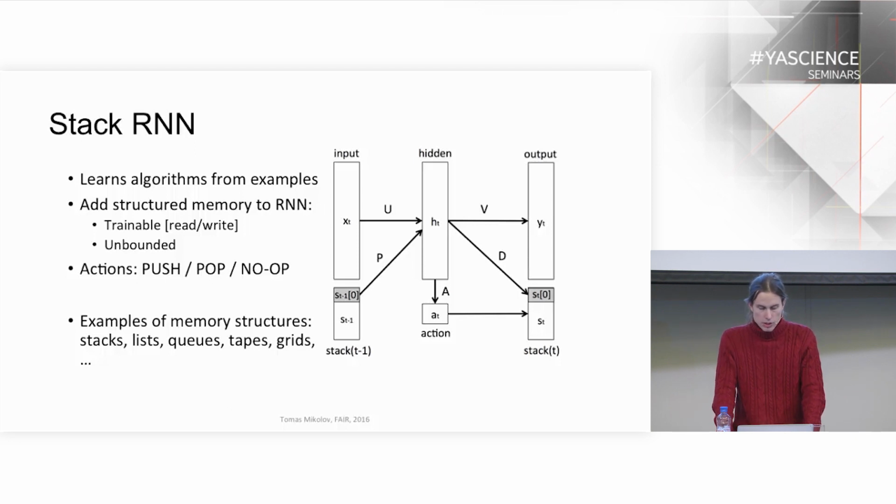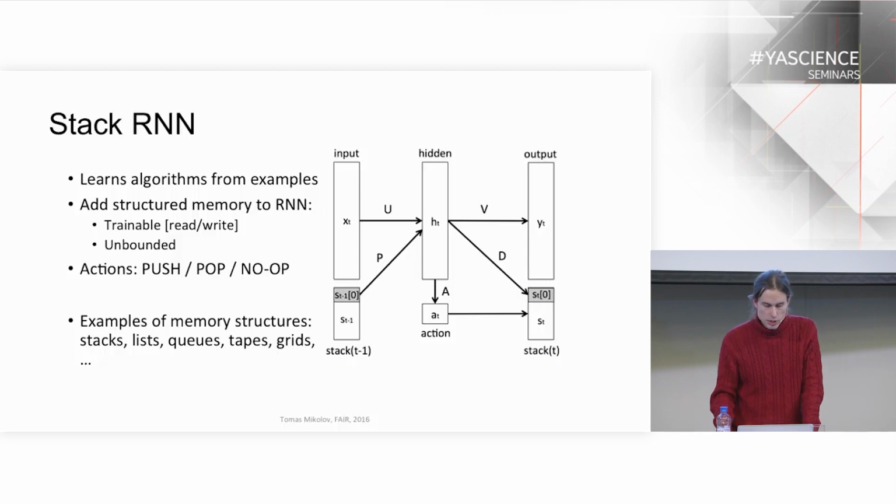Here basically in the picture we can see that the hidden layer is deciding what action will be performed on the stack. It's basically a softmax over three functionalities. Either it can decide to push a value that is also learned by the hidden layer, what value should be written on top of the stack, or it can remove the topmost value from the stack, or it can decide to do no operation. The full model is explained in the paper. It's represented by a completely differentiable architecture, so everything is trained again by SGD.